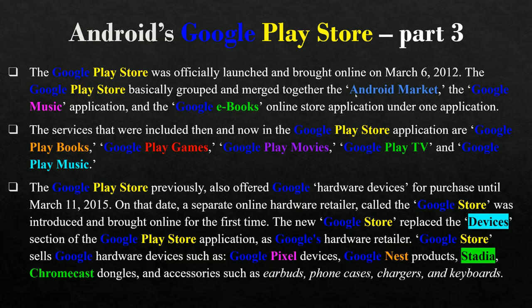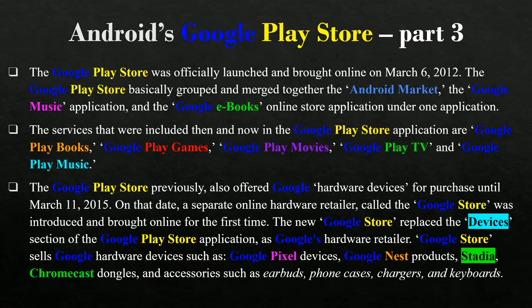Yeah. So this is the last slide. Basically, Google Play Store was launched and brought officially online on March 6, 2012. And actually, Google Play Store existed before March 6, 2012.